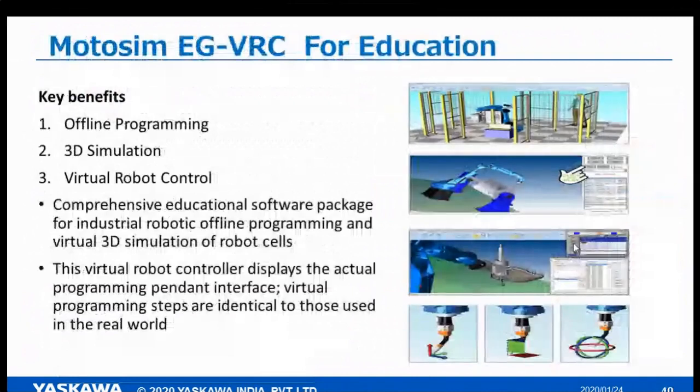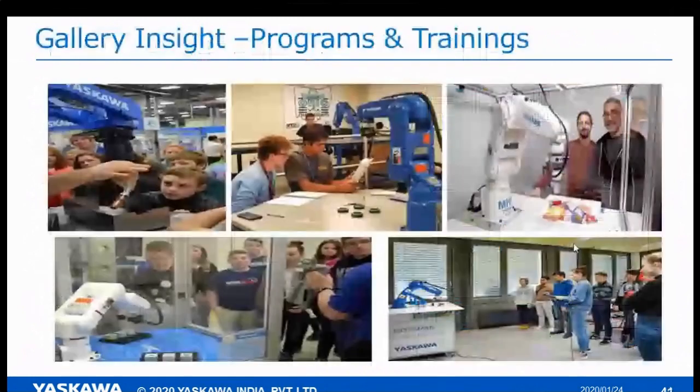And we have Yaskawa, where we are now talking about IoT linked with a lot of software, offline software, simulation software. We are giving software to colleges and all, where students can make their own simulation software, like a software development kit. We never sell those kinds of software to industries, but we give them only to universities and engineering colleges for research purposes, so that students can think more about the activity. We have a variety of such simulation software.